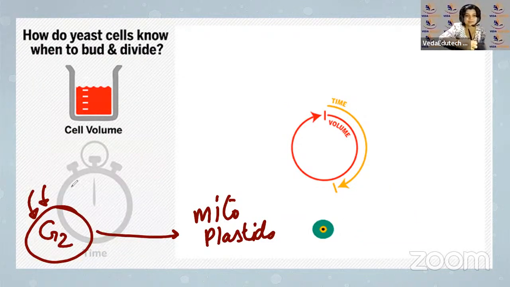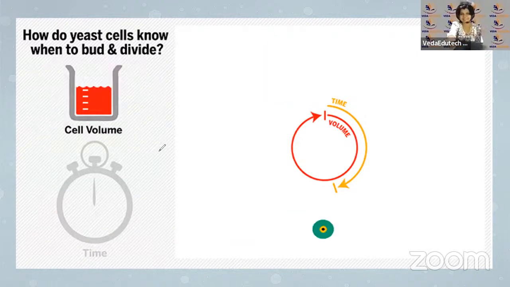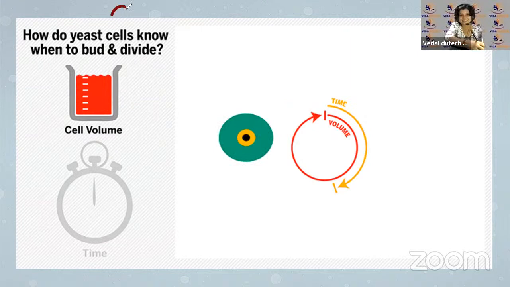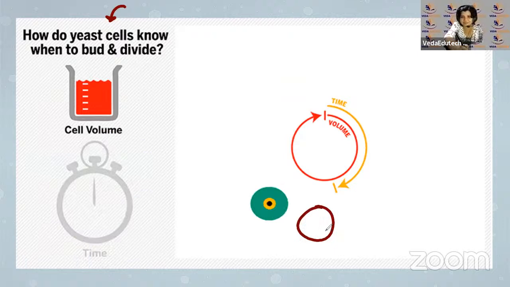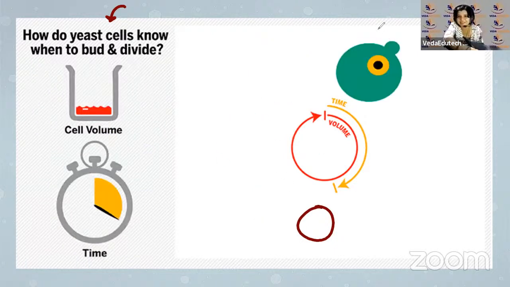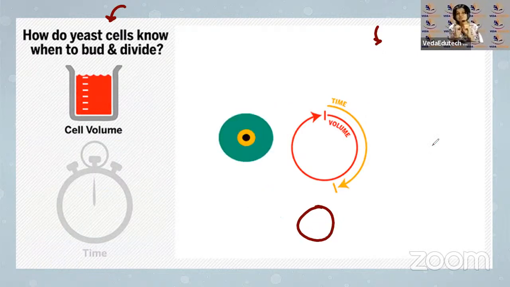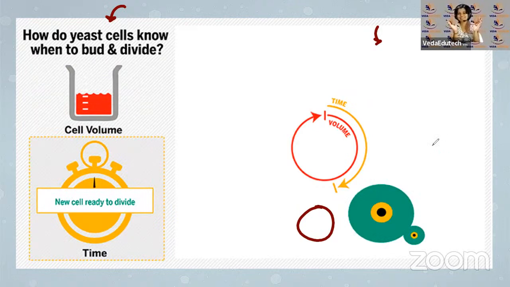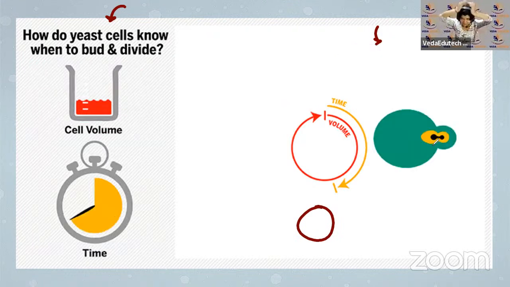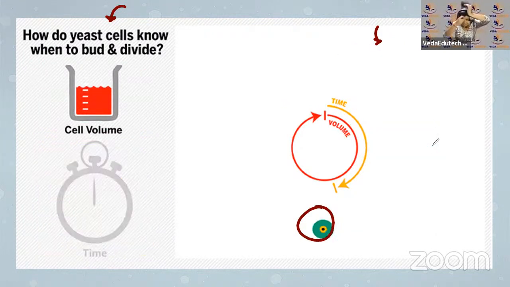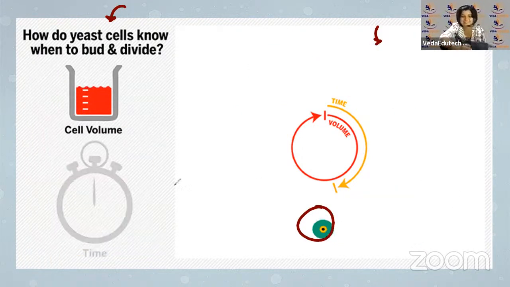Okay, but after all this is done and dusted, now the cell would know when to bud and divide. Look, it starts with a very small cell, right? Now it has grown in size. After it has grown in size and doubled its DNA, now it is prepared to split into two. It actually doesn't split, it does budding, right? Which means that it grows a bud on top and it passes half the DNA to that bud, right? Yes. Okay. Cool then.